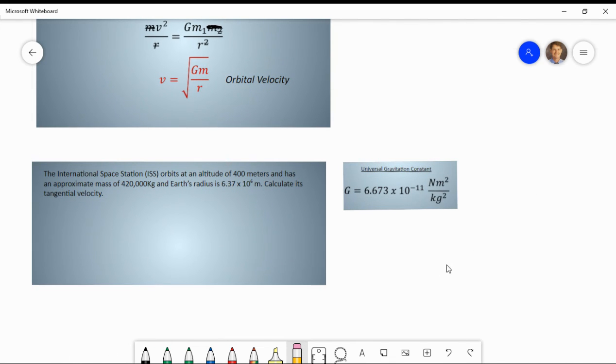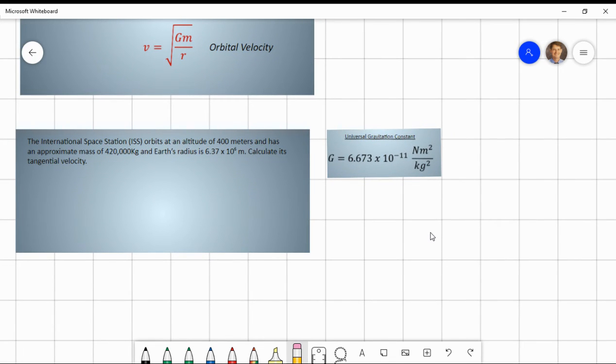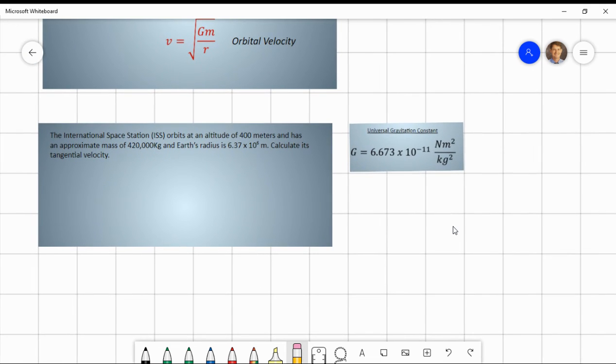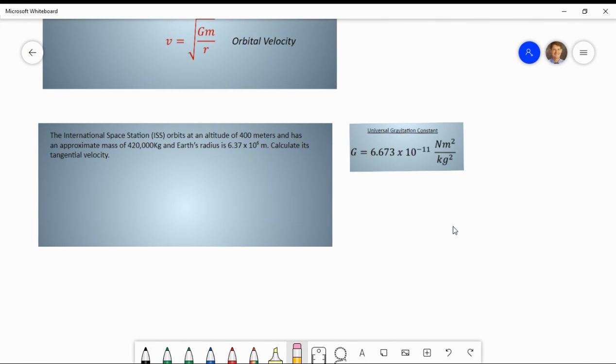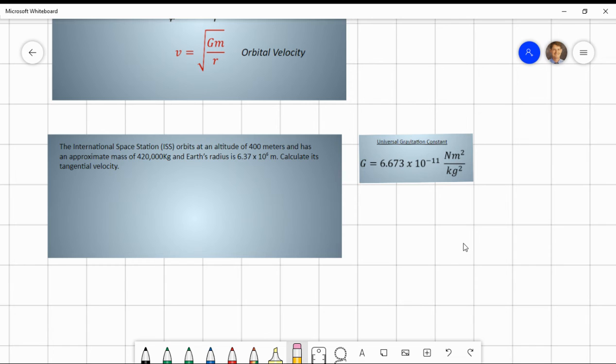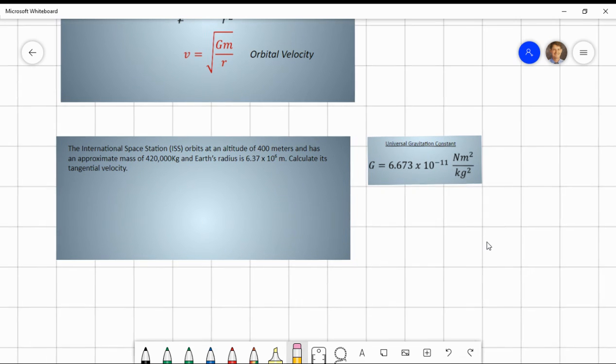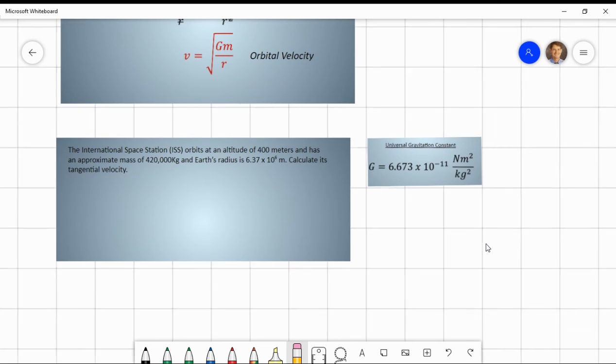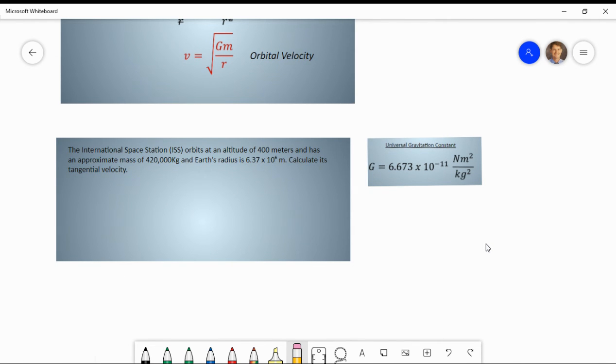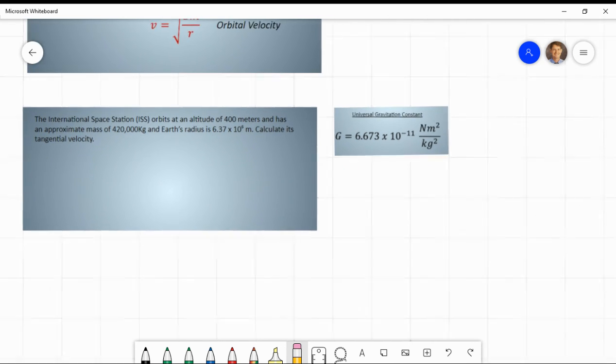So the International Space Station orbits at an altitude of 400 meters and has the approximate mass. It's really pretty big, actually. And the Earth's mass is pretty massive, I should say. And the Earth's radius is such. Calculate the tangential velocity. So what does that mean? All right, well,